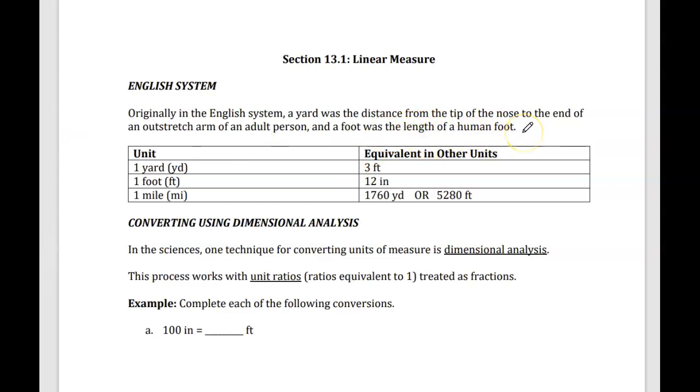Well, we all now know that the length of a human foot of an adult person is not always the same. Same thing when we're talking about from the tip of a nose to an outstretched arm of an adult person. So we came up with something that is